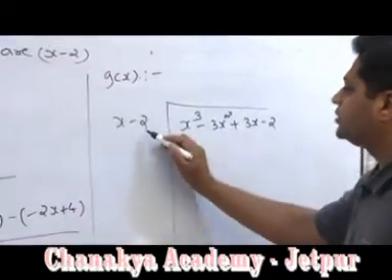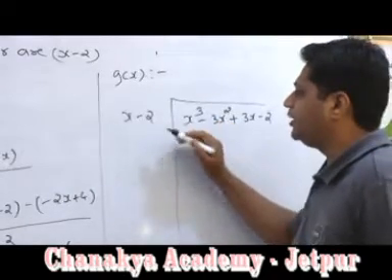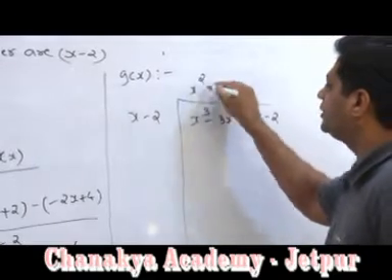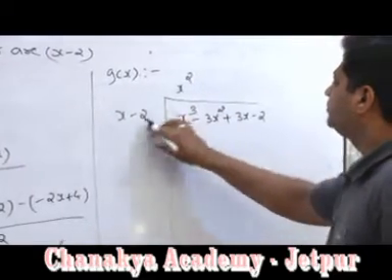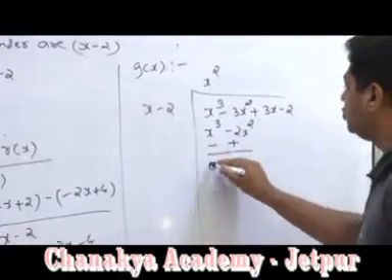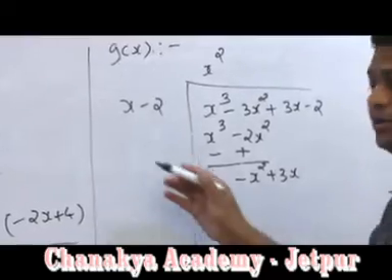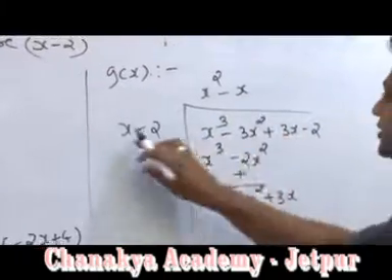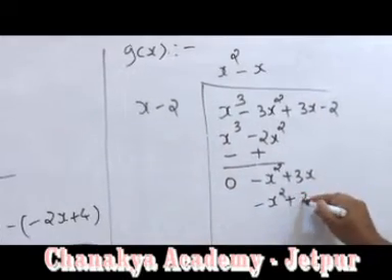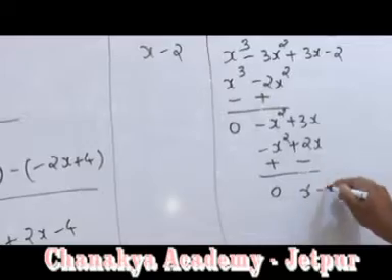Okay, x minus 2. We are performing long division. We should think with which term we should multiply x in order to obtain x cube. Answer is x square. X cube minus 2x square. Now it's time to change the sign. Minus plus, 0, minus x square plus x. Okay, again we have to multiply x with minus x in order to obtain minus x square. Minus 2 into minus x will be 2x. Changing sign, plus minus, here 0, here x minus 2.